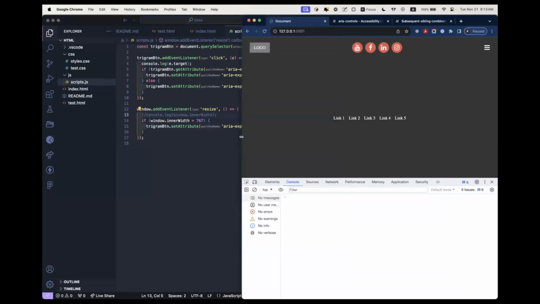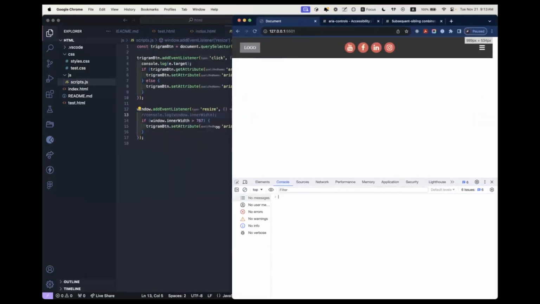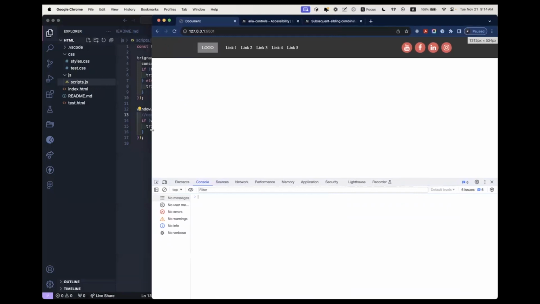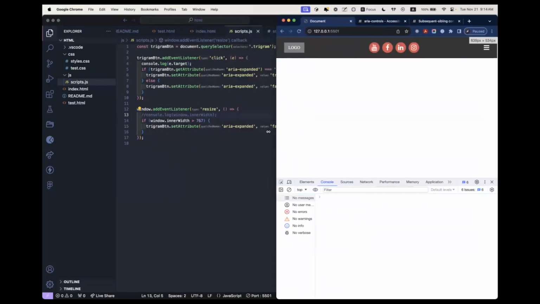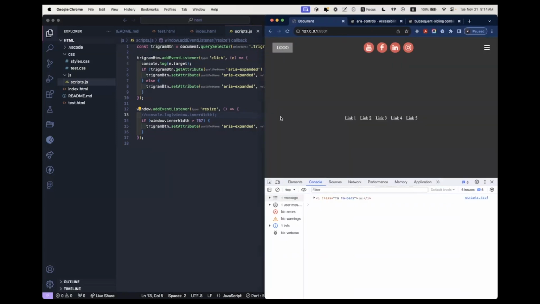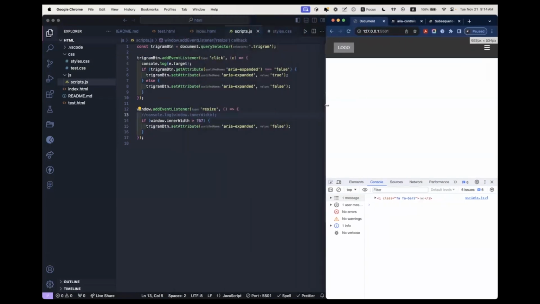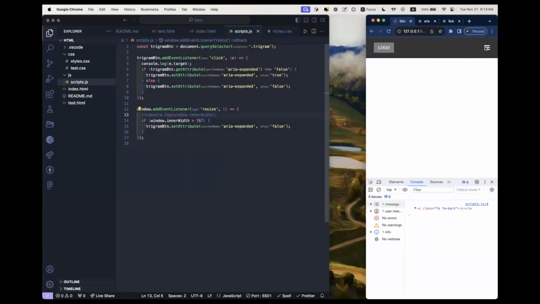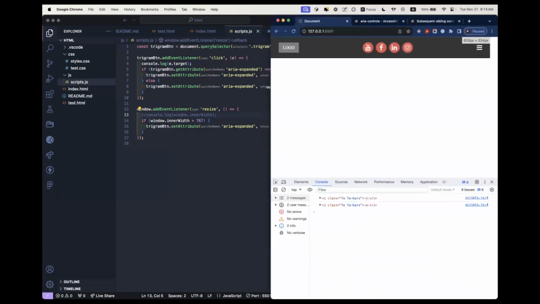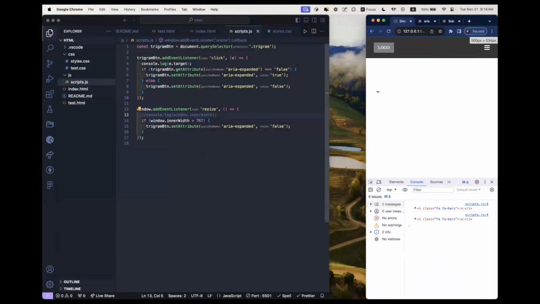So now let's start expanding the viewport. Boom. Every time we expand the viewport width, it's going to update the value of aria-expanded to be false for this button. So it will hide the navigation. If we have opened it, and now we expand it just a bit, it will be closed now, even if we are in the mobile navigation. So it will stay opened while we are inside of the tablet resolution, but then, oh, actually,